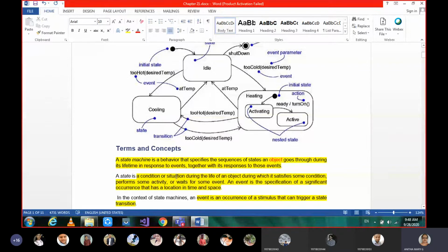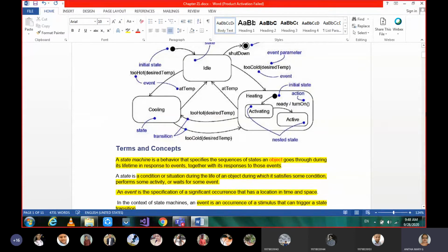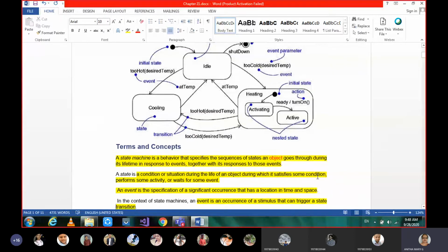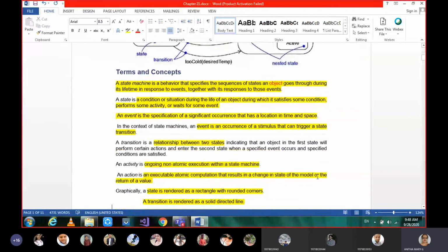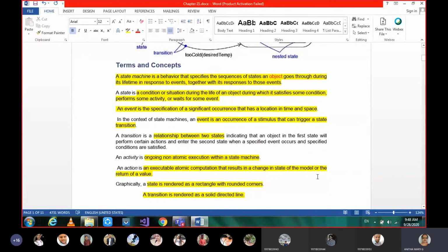In general, a state is a condition or situation during the lifetime of an object, during which it satisfies some conditions, performs some activity, or waits for some event. Based on the activity or the conditions imposed on you, you perform your actions as a student. So that is about state.